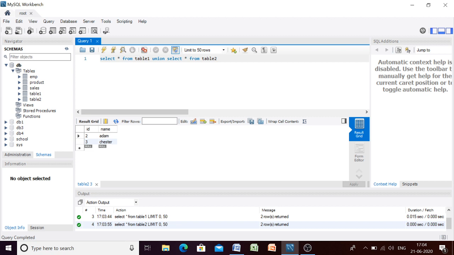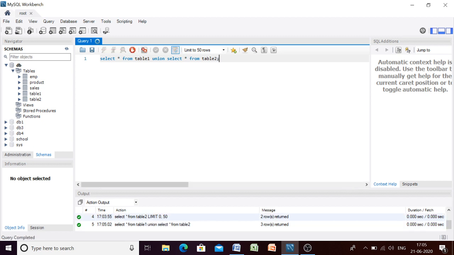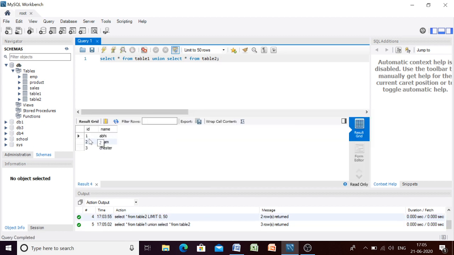Basically, these set operations combine two select statements, and what does join do? Join links two tables. Here we are combining two select statements, and in joining we are linking two tables. Let us see what the result will be. Now see here, it is giving us all the records, but it removed the duplicate rows, and the duplicate row was the second one. But if we write union all, it will give us the duplicate value also.